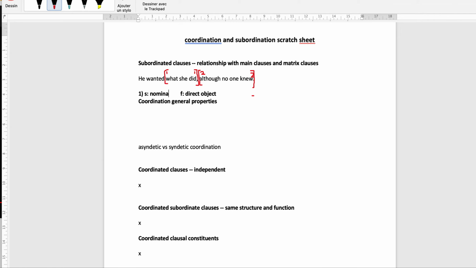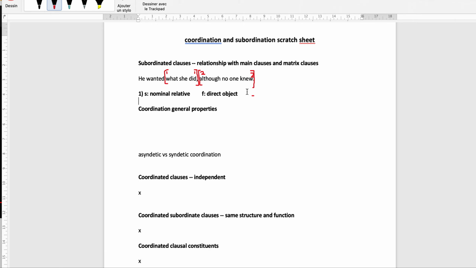Now this is not the real focus of what we've seen. This is a review of what we've seen before, but we've identified that. So that's our structure and function. And another thing we can do, so notice that the function of this is a direct object in this sentence, right? So that means that it is